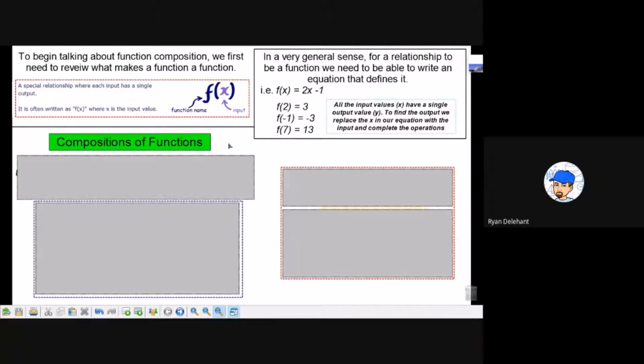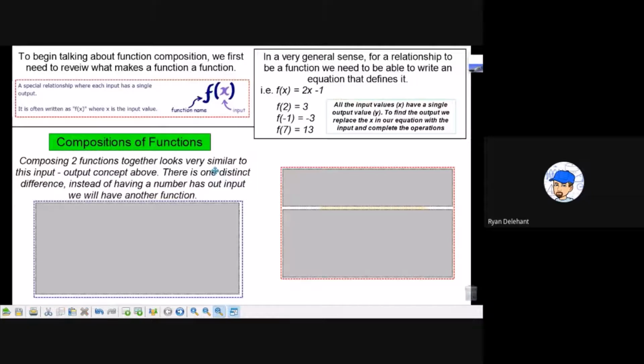Because we're to the point where we're going to have functions that are defined like f of x equals some equation. And what we're going to do when we compose them looks very similar to what we did here, where we plugged in 2 and we found an answer of 3, or we plugged in negative 1 and found the answer of negative 3. The only distinct difference is instead of having a number as an input,